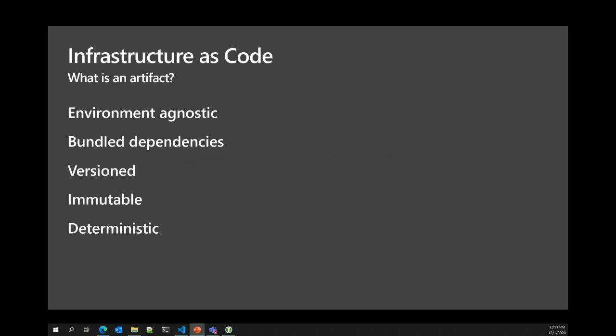The problem with baking that environment specificity into the infrastructure definition, into the code itself, is that you will never be able to exercise that production code until you get to production. So if there is an error in that production code, you won't find it until you're deploying into your production environment. A better way of handling that scenario is to parameterize the number of VMs that you want to deploy. You just create a parameter for the number of VMs and expose that out of your infrastructure definition.